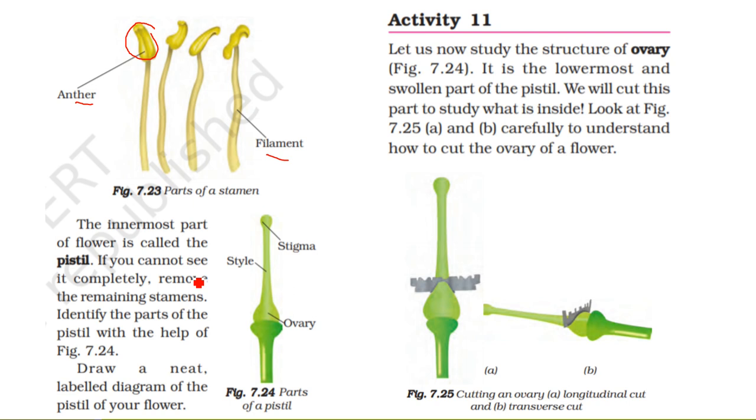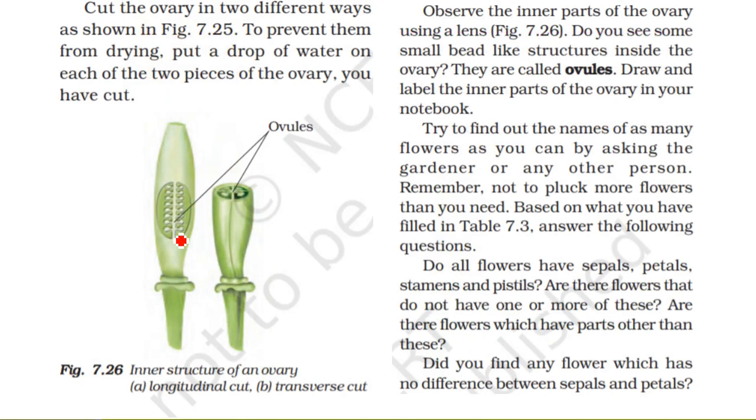Now let us identify the parts as told earlier. When we observe the pistil, this is the stigma, the landing surface. The long passage-like or tube-like structure is the style, and the lower or bulging part at the bottom is the ovary. When we cut the ovary, we will observe these egg-like structures attached to the center. That center is called placenta. Placenta will act like a structure which helps in attachment of many eggs in the ovary.